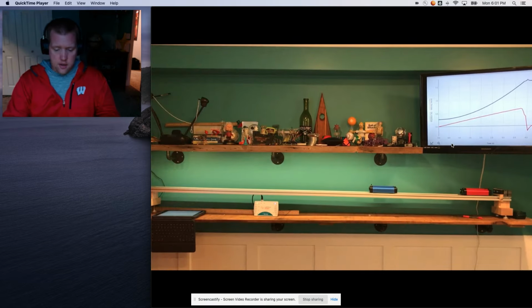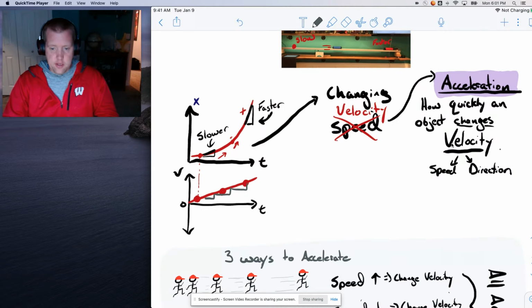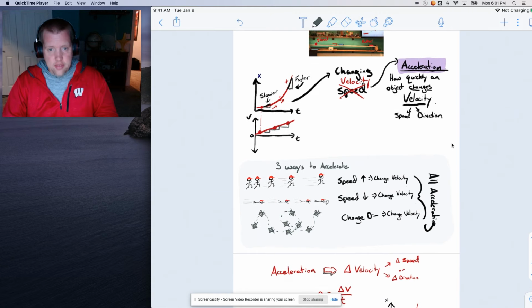I'm hoping that's clearing things up just a little bit there for why the graph looks the way it does. Okay, so that's acceleration. To avoid this video getting too long, what I'm going to do is stop it,